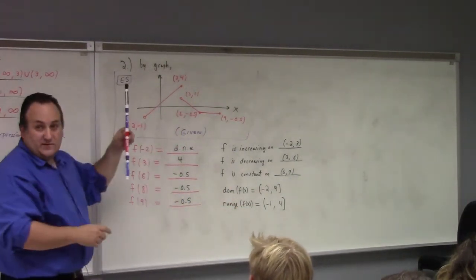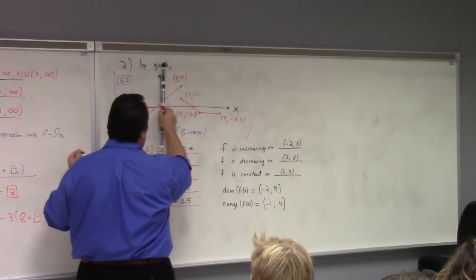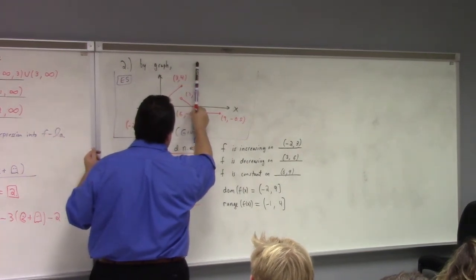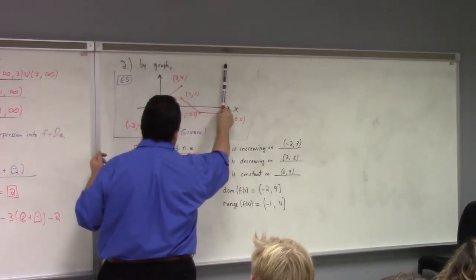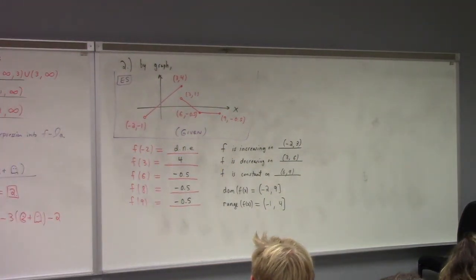Now for the x values, you could use a vertical line, right? Kind of just go across and look for, as long as there's one point the vertical line is hitting, right? That's a point which is in the domain. So this is for domain. Look at vertical lines, right? Questions?